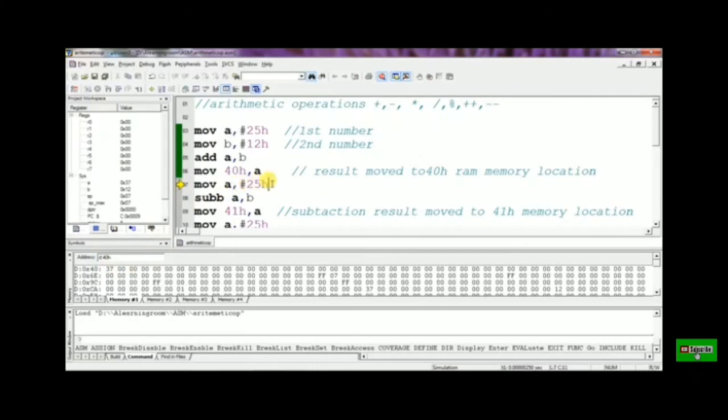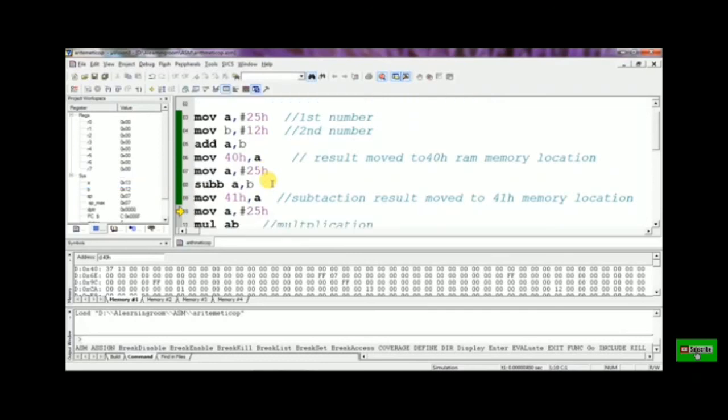Then move 25H again into the accumulator, then subtract A minus B, and the answer will be 13. That 13 is moved into the 41 memory location. See, this result is shown there.